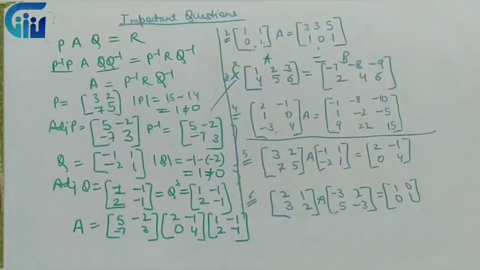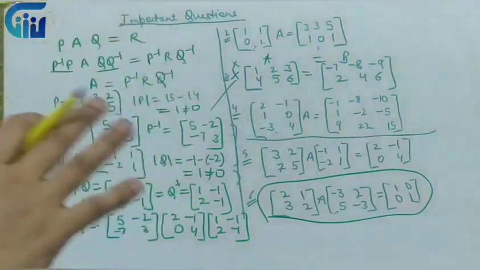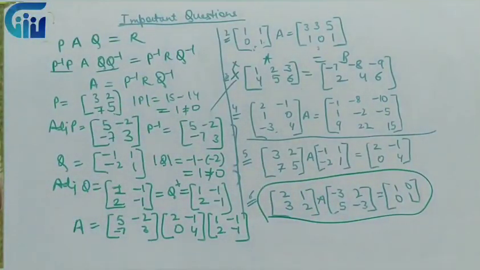We cannot multiply all three matrices together, so we have to do it two at a time. We'll multiply these two and then the product will be multiplied with this particular thing. Clear? On the same lines, we will do this particular question. Very important. Again, these are typical questions which are often asked in exams. So everybody has to practice all these questions.